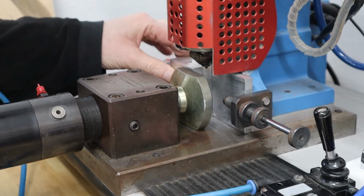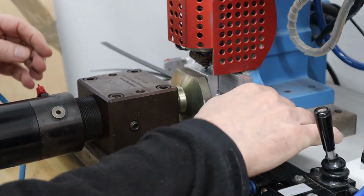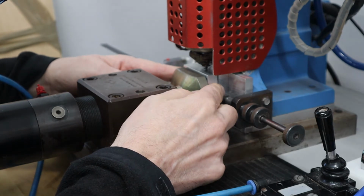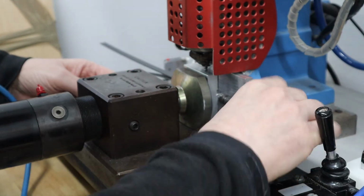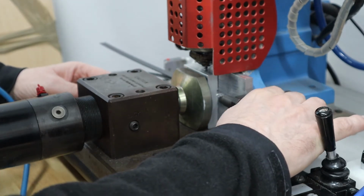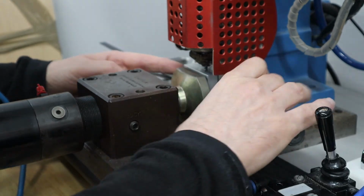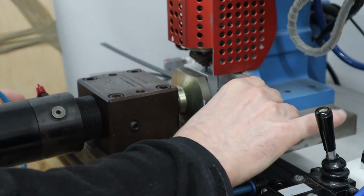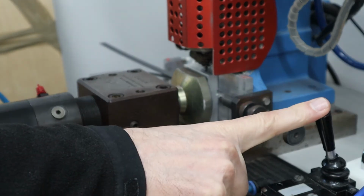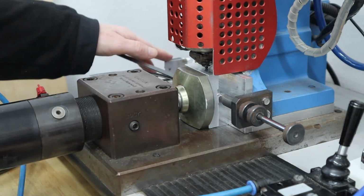So I take the mold and I'll put it in here, and the first thing I want to do is adjust the end stop here so that I don't have to visually line this up each time. The end stop will hold it in place, and it also uses it to push it out, but I don't need it for this particular part. So I'll get this lined up like so on the end stop, and then, important, close the clamp right here, and then I can press here to inject,